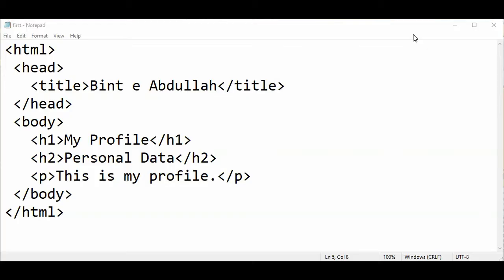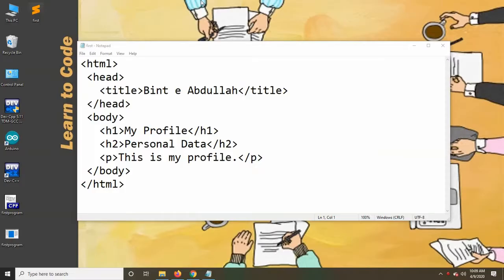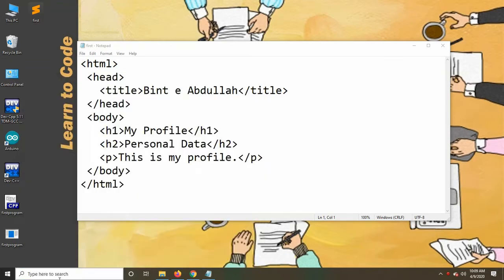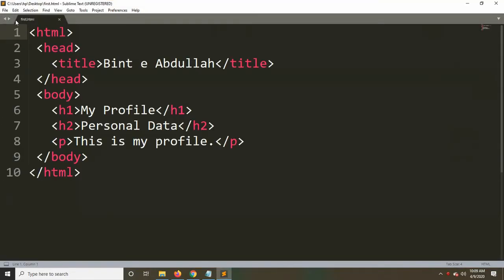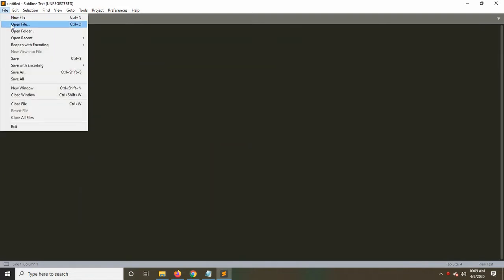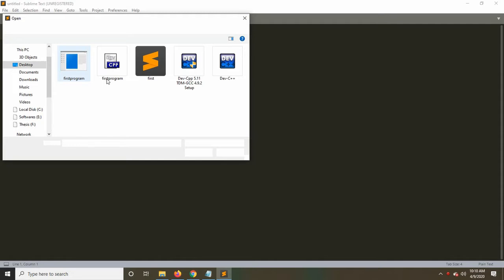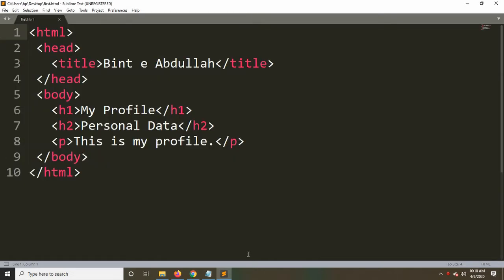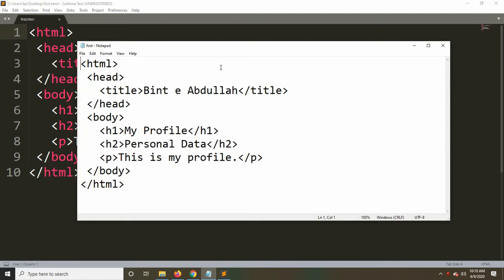This was the code we have written in the previous video. Now open this file in Sublime Editor. I have already opened it. If I close it, I can go to File, Open File, wherever I have saved this file, click that file, and you can see the difference between the Notepad and